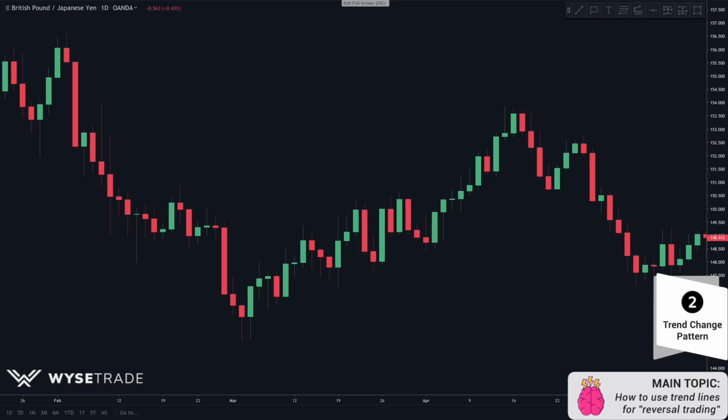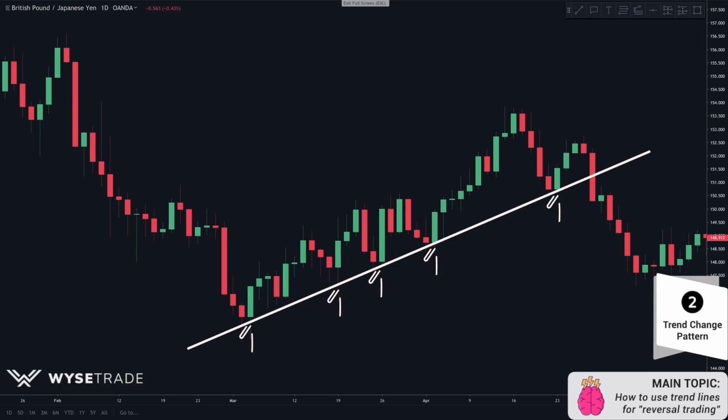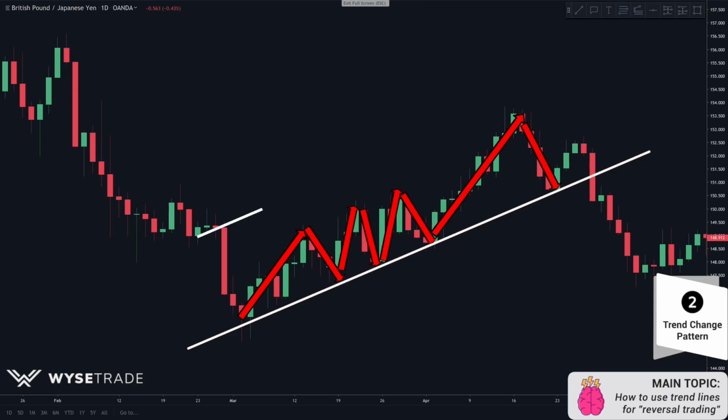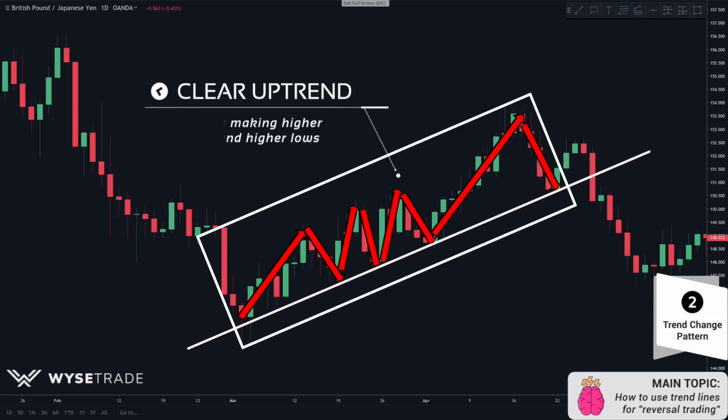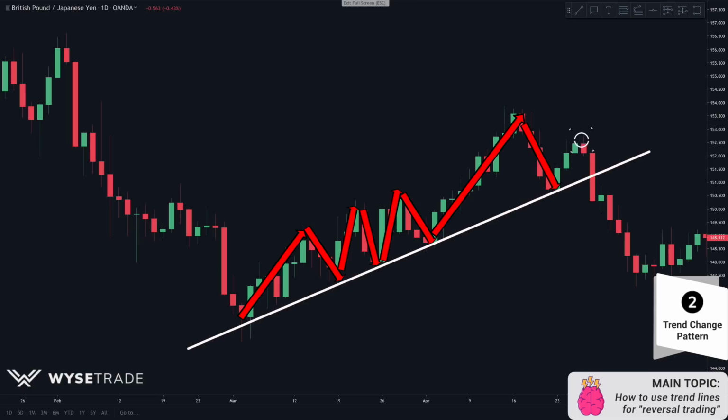break. So here is your moving uptrend, and we place our trendline below the uptrend, connecting these points here. You have your run, pullback, run, pullback, run, pullback, run, pullback. Now, at this point during the trend, you have a clear uptrend as price is making higher highs and higher lows. It is not until you have your lower high form here, which is when you would think to yourself